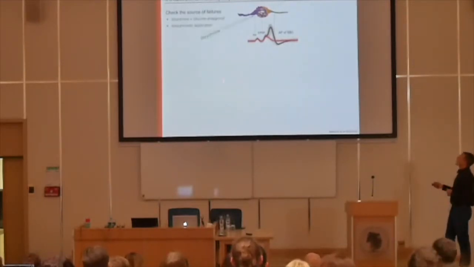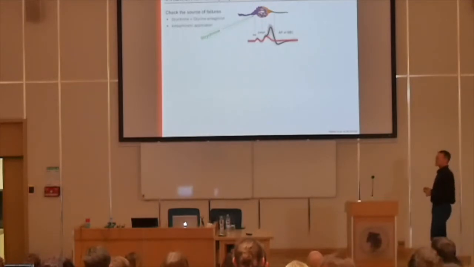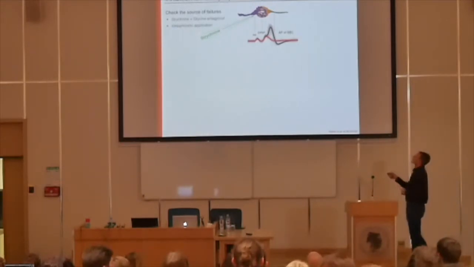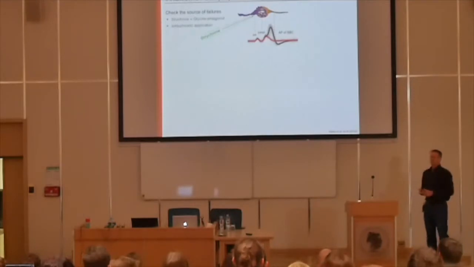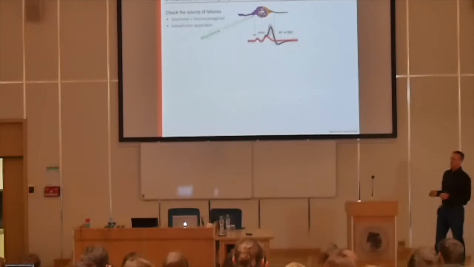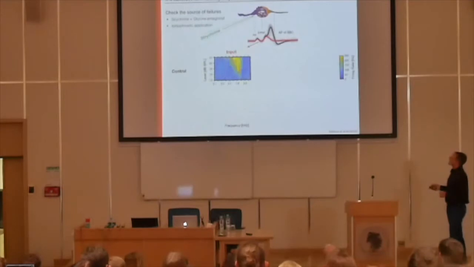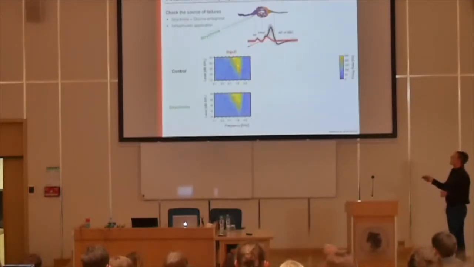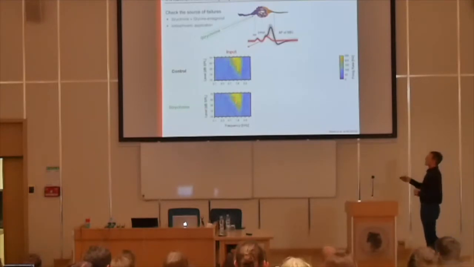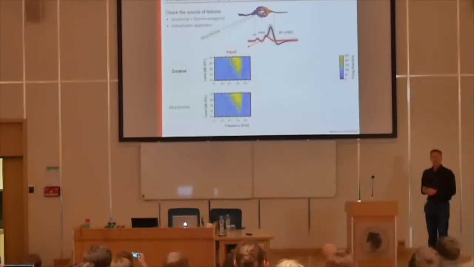So you can do this by applying blockers for certain inhibitory transmitters. For example, we used here strychnine, which is a glycine antagonist, and that was locally provided in vivo in order to modulate the synaptic transmission. So again, we look at the same kind of paradigm. We have the input on the presynaptic side, the response curve, and then on the other hand, the response curve on the strychnine. And you see that there is no change in the response properties.